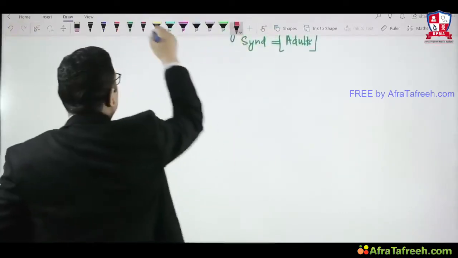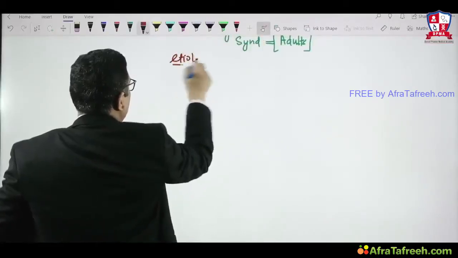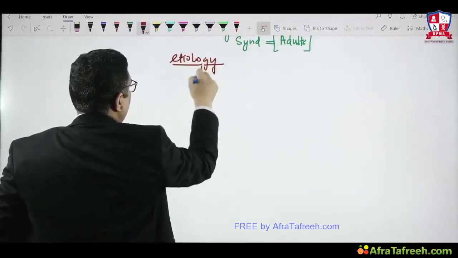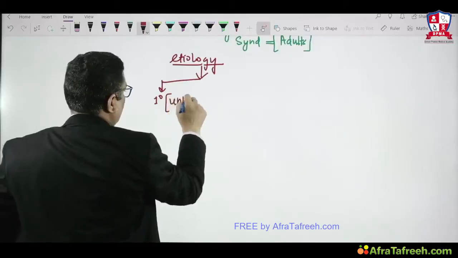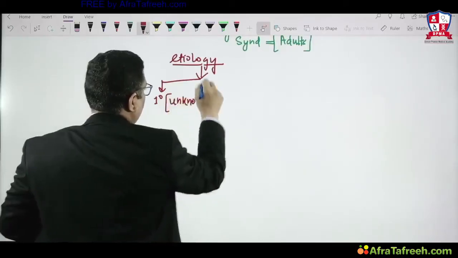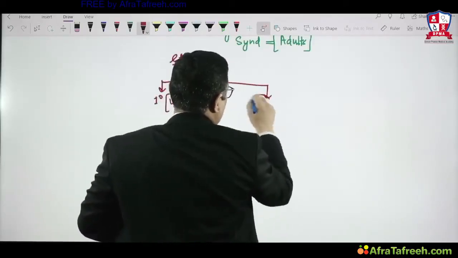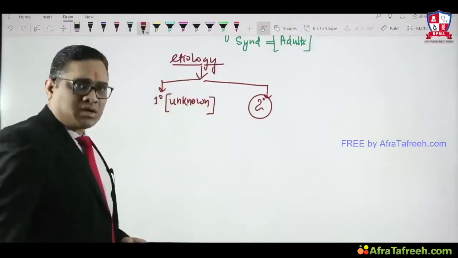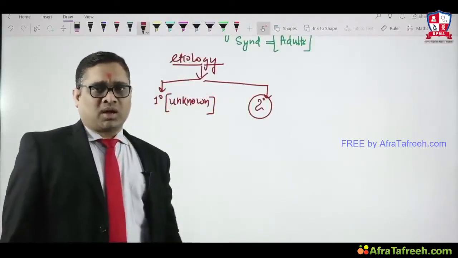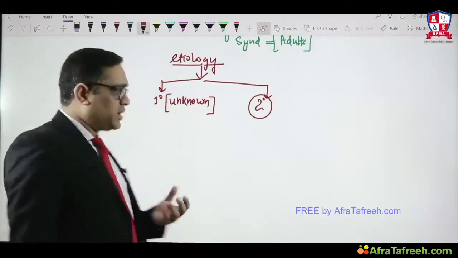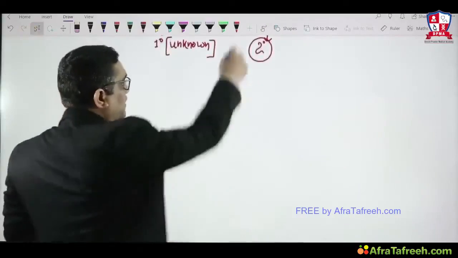So when we talk about etiology of the FSGS, either it is primary, means unknown, or it may be secondary. In this secondary, they can be secondary to any other thing which will cause scarring or loss of kidney tissue, right? So this secondary can be due to